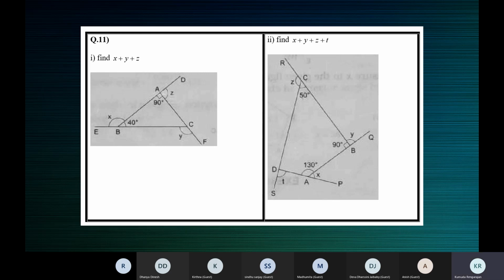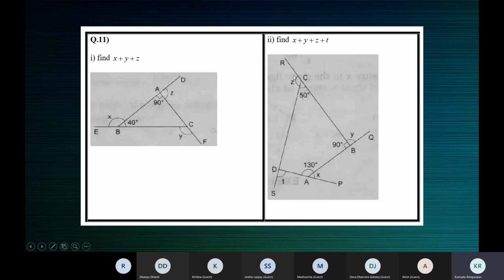All right. Now, what are X, Y, Z, and T? They are the exterior angles of the quadrilateral, because each is formed when a side is produced. X is formed when the side is produced. Y is formed when the side is produced. And Z is formed when the side is produced. If it was not produced, that would not be formed. You will have only 50 degrees. Only because the side is produced, we have this angle Z here. And again, this side is produced, so this exterior angle T is formed.